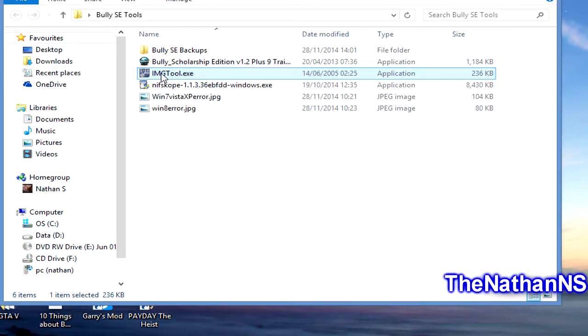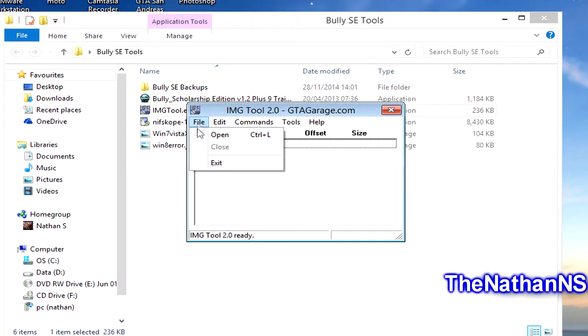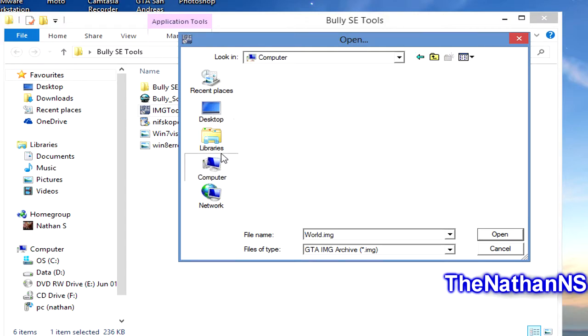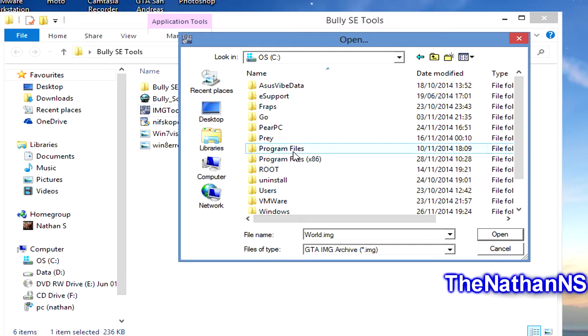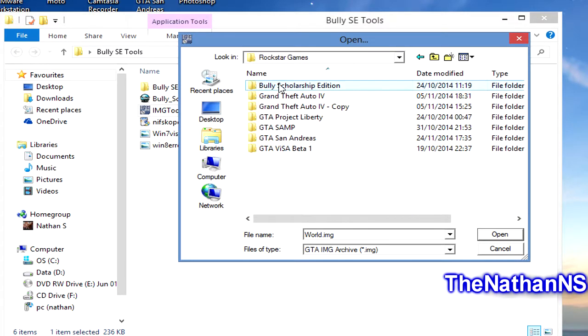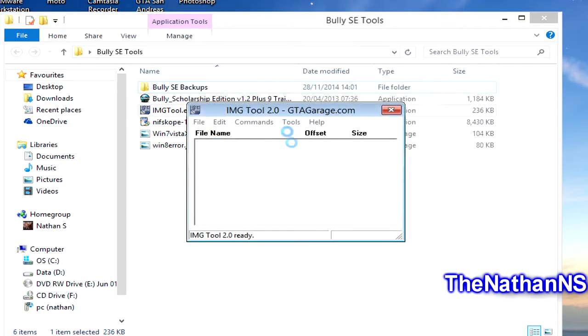Now once you've done that, double click imagetool.exe, go to File, go to Open and search for Bully's world image. Now if you're on 32-bit Windows, Bully will be located in Program Files, Rockstar Games, Bully Scholarship Edition, Stream, and then that's where you find the world image. If you're on 64-bit Windows like I am, it's Program Files x86, Rockstar Games, Bully Scholarship Edition, Stream, and then world image. Give it a few seconds for the world image to open